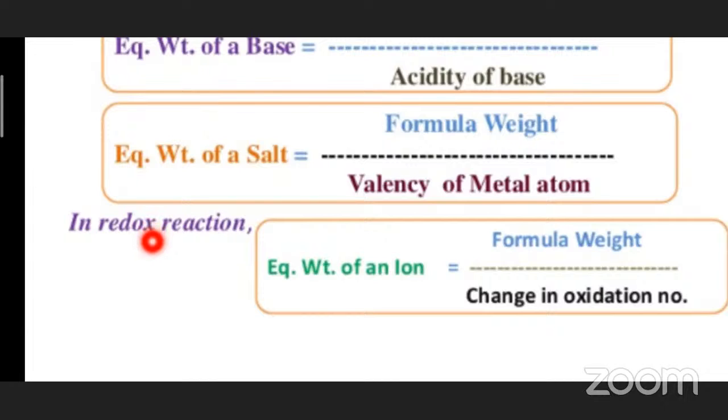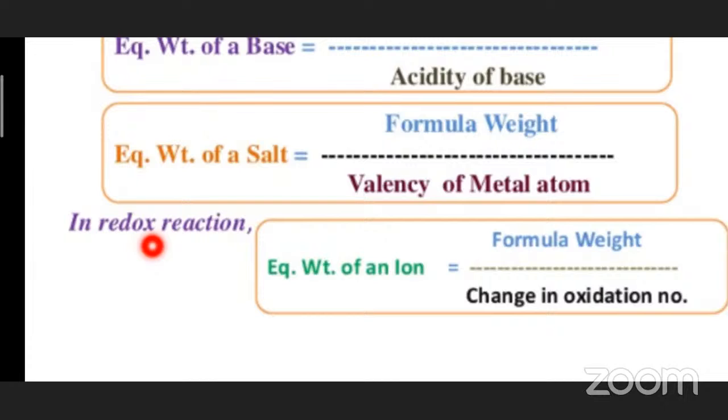So redox reactions are those in which both reduction and oxidation take place simultaneously. Okay. So what is reduction and oxidation? It is the loss or gain of electrons: loss of electrons is oxidation, gain of electrons